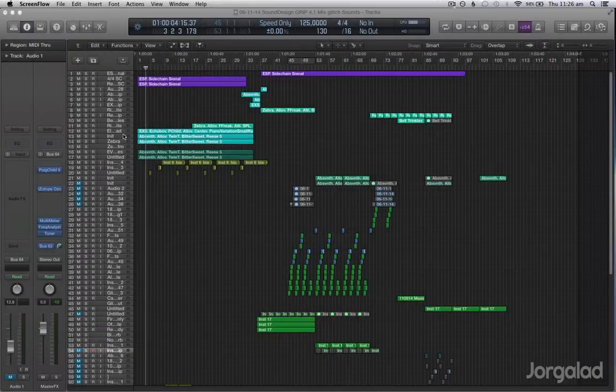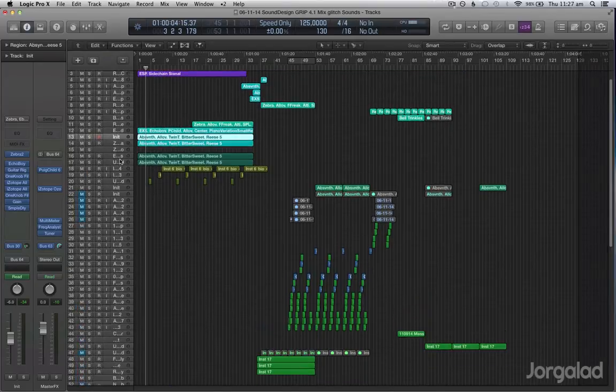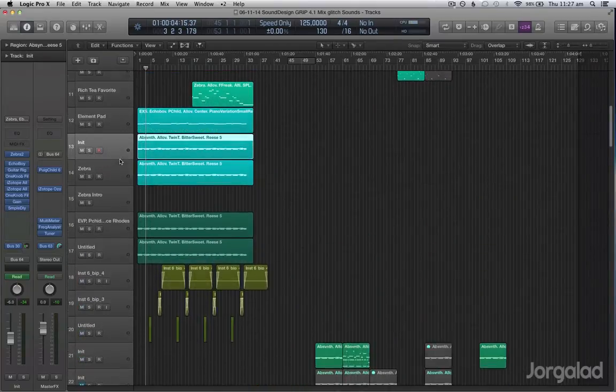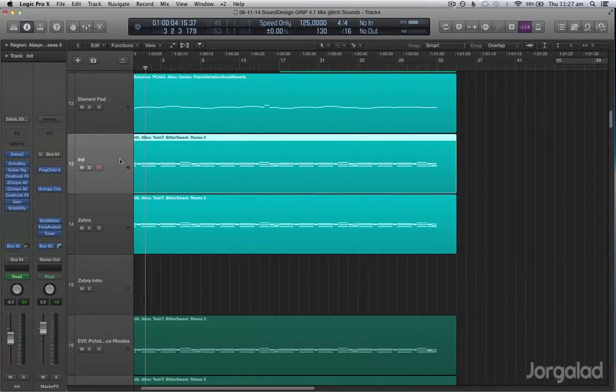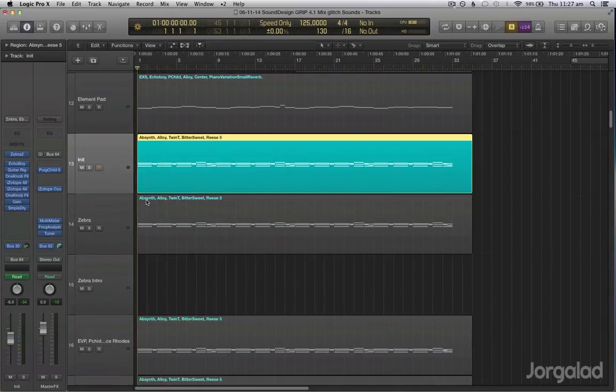Hey guys, I want to show you some new ideas about layering tracks. I normally don't do a lot of layering, but I know all those dance guys are doing it, so I thought, well, I should try that too. The idea is that we have a melody that we play several times with different instruments in different frequency ranges. So, for example, I have this one